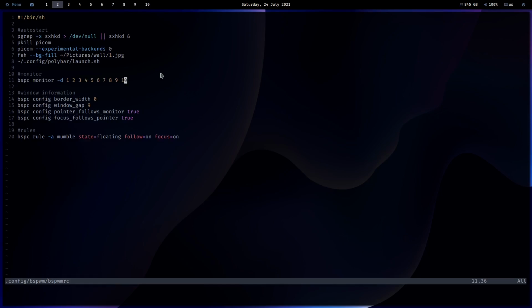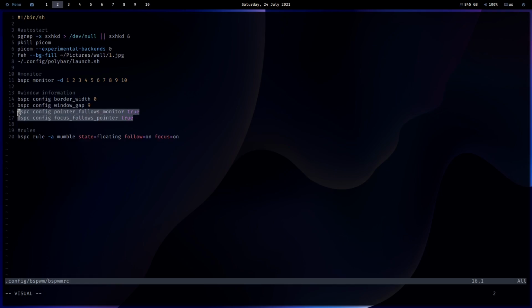A lot of other window managers are configured in a lot of different ways, but this is something I really like. As I said before, you can run it in the terminal, and you can find some pretty good documentation for BSPC. I can link that in the description to show you guys all of the different options and arguments that you can add. So this is just a bit of window information I have here. I set the border width to 0, set a bit of gaps,